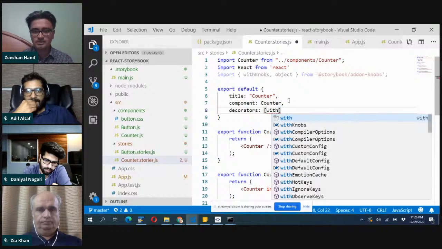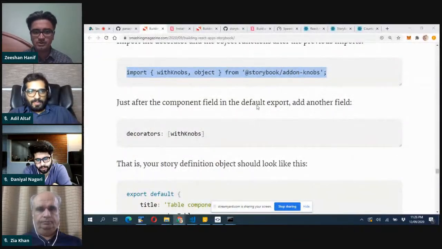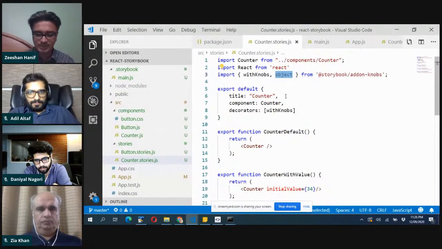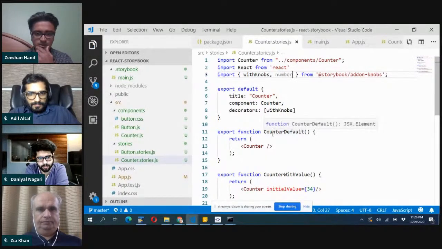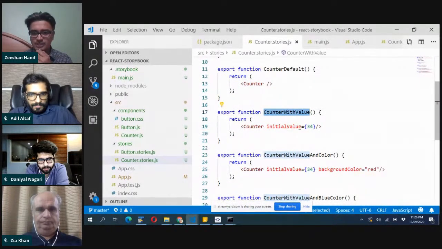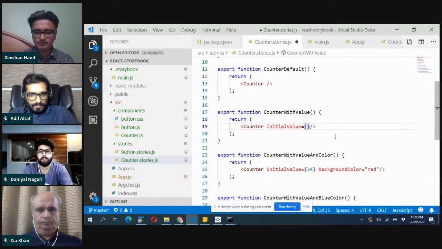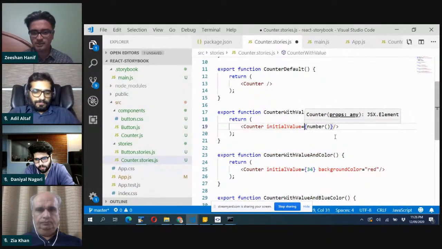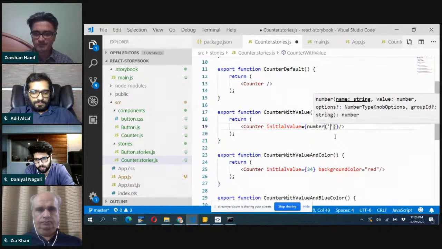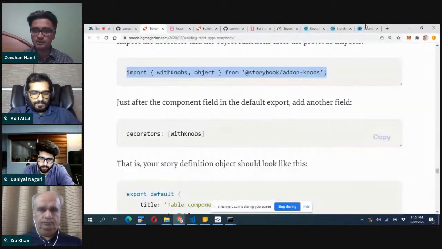Decorators with knobs. Now, I don't need object at this moment because I have a simple value, which is 3445. So I don't need object, I need number. So what I can do is inside that component, let's say that's our counter with initial value. In initial value, instead of directly providing 34, in curly brackets I'll provide number, I'll name it initialValue, and a value of 34. What it will do is give you the